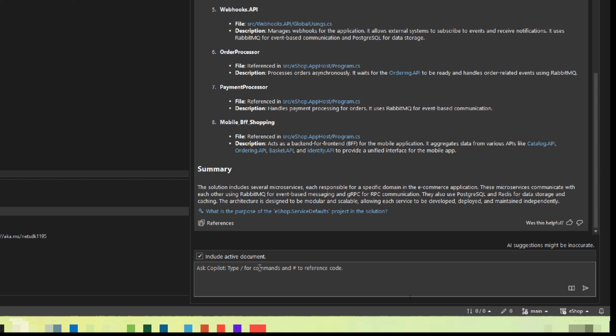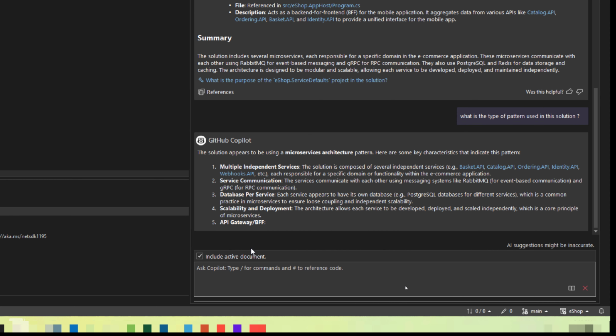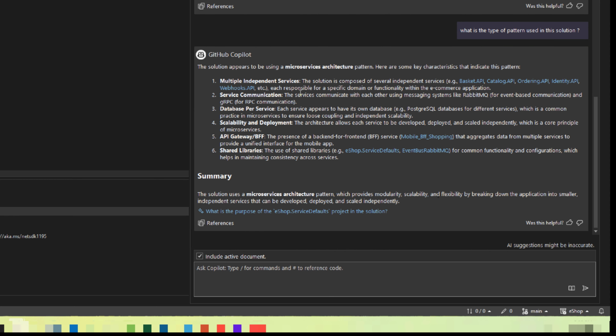So when you ask the right question and select the right file, you will get the right explanation. So if you want to know more information about the pattern used in this solution, let's ask the question, what is the type of the pattern used in this solution? So here, as you can see,